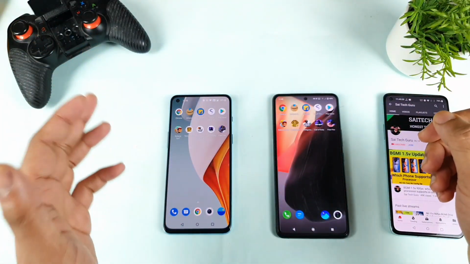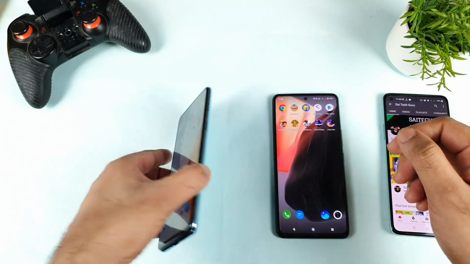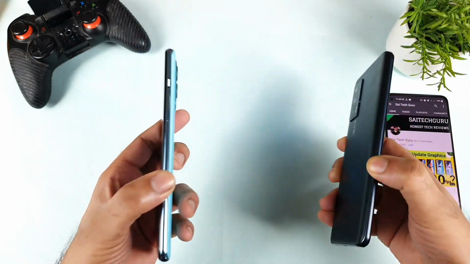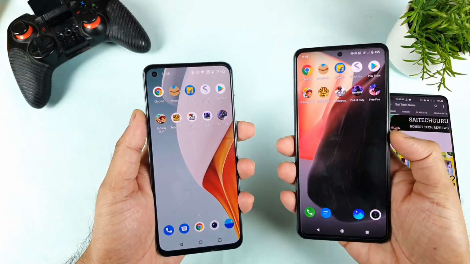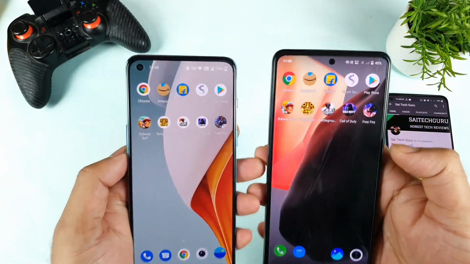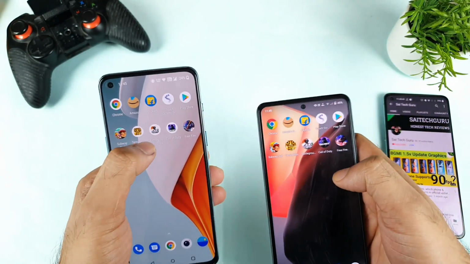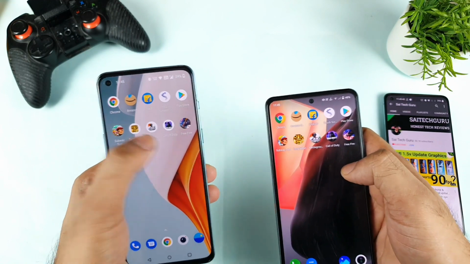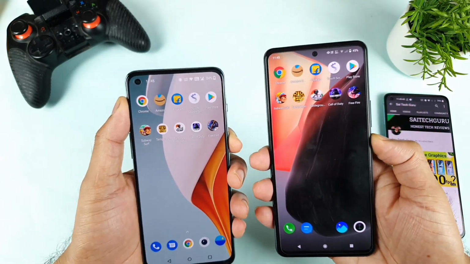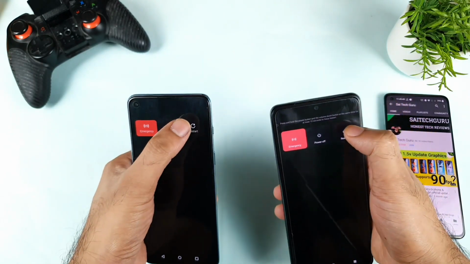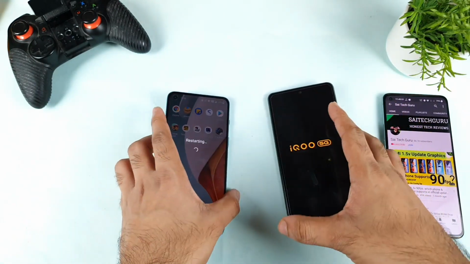In today's video, we'll do the speed test and the RAM management test comparison between the OnePlus Nord 2 versus the iQOO 7 device after the recent software update. Yes friends, this is a question which has been requested by a few of my subscribers, and during this demonstration I'll try to use 5 applications and 5 games, and big games also, I did include Battlegrounds Mobile and Call of Duty as well. Let's see which phone will be able to open these applications and the games faster. That is exactly what I'm going to demonstrate in this video.